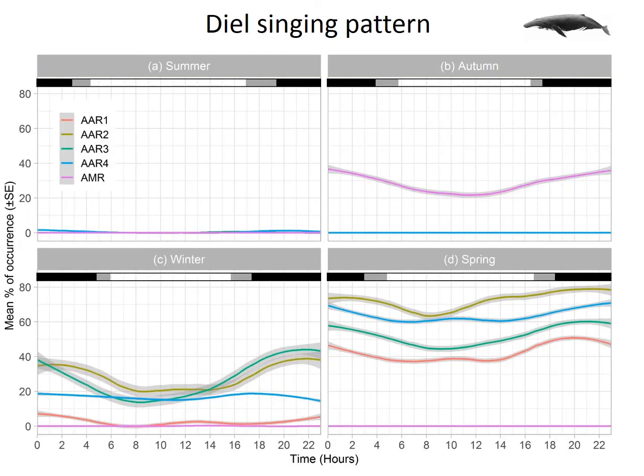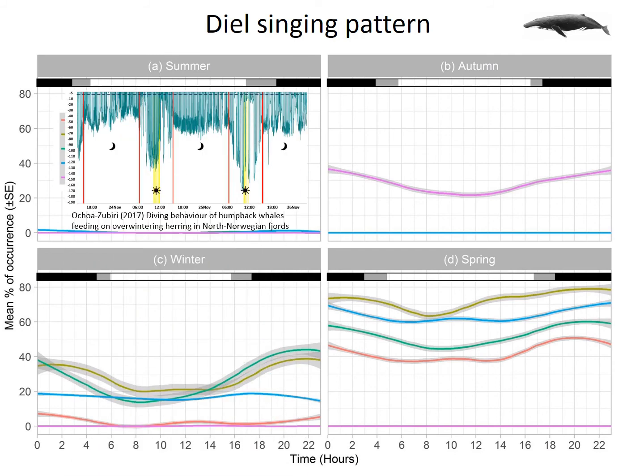And then we look into the daily diurnal singing pattern. We see in most sites there's low song during the day, and high at night. And that was interesting, because previous studies have found that, as with other whales, they seem to use visual cues for communication during the day, and then they switch to acoustic communication at night when it's dark and they cannot see their conspecifics, and sound seems to be the proper tool to use for that.